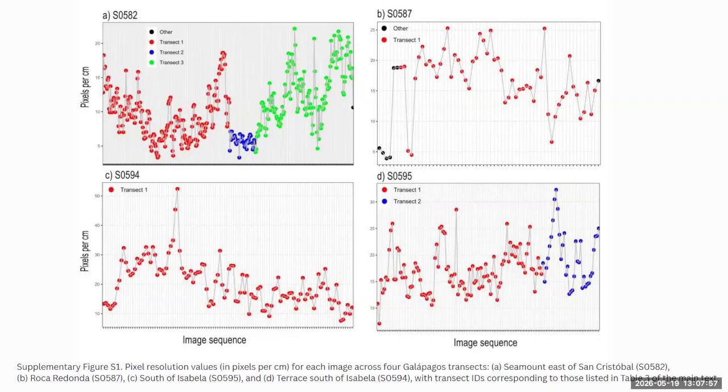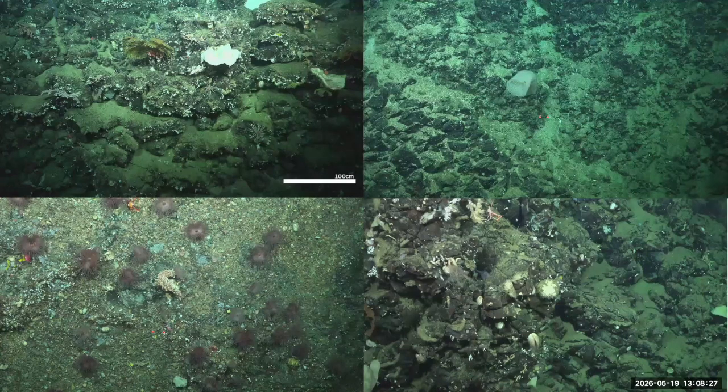For the data we collected, we first wanted to streamline it, because vertical walls are not easy to navigate with the ROV, since the distance between the camera and the vertical wall can vary. With this distance, there will be another variation in the pixel rates. So first, we just wanted to make sure that all the images are good in quality in terms of pixel rates. And these are some of the frames that I captured from the ROV dives.